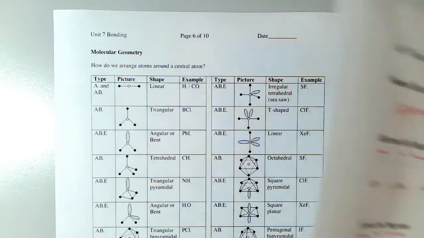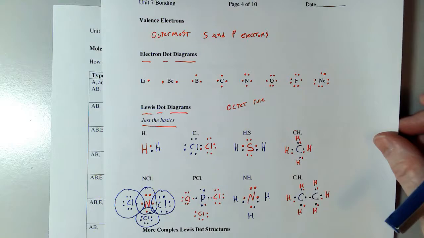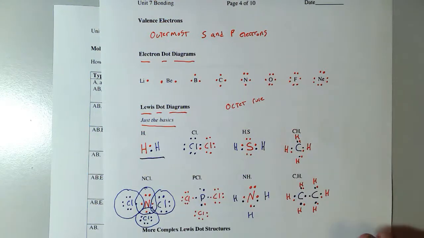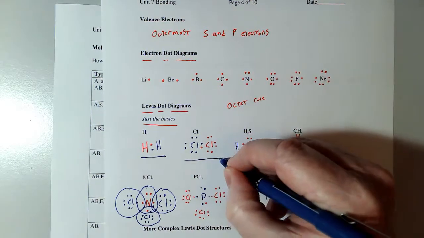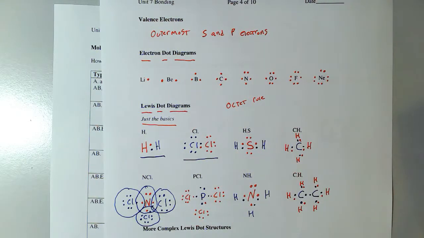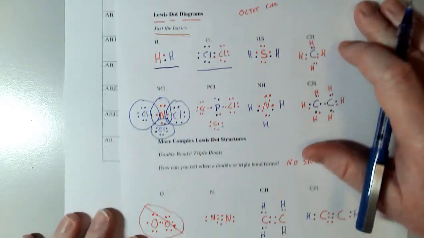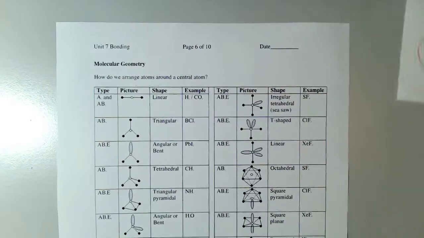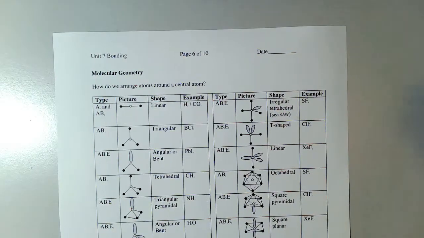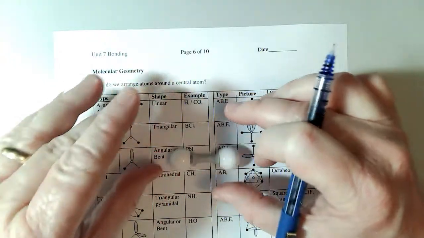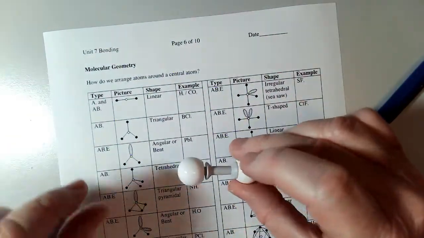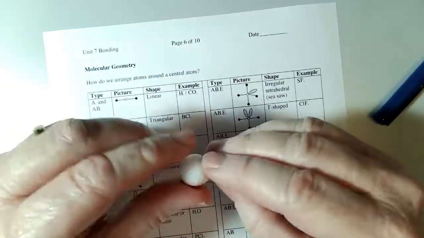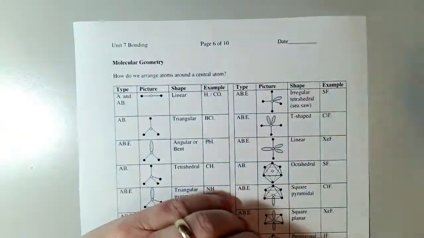Now, if we take a second and jump back to page number 4 and the molecule H2, which was a diatomic molecule, or the molecule Cl2, okay? Both of them basically looking the same, or even with the double and triple bonds, the O2 and the N2. What we're talking about is what we're going to call a linear molecule. Now, this molecule has two atoms, neither of them central, okay? It's a straight line, 180 degree bond angle. Let's put that in there,